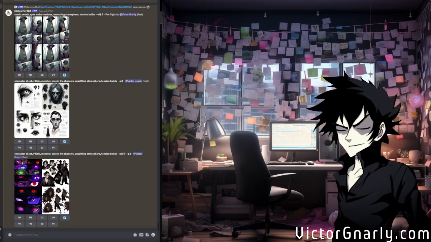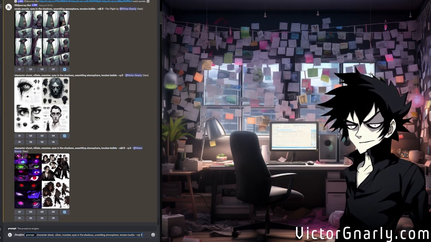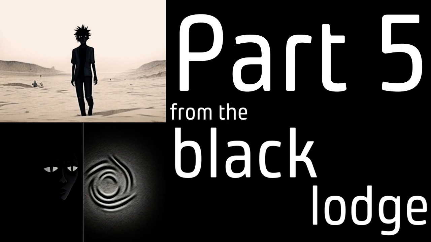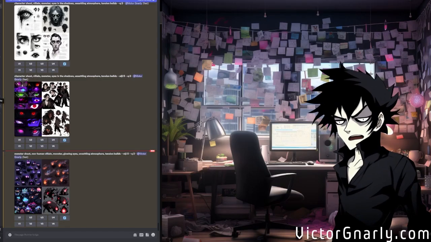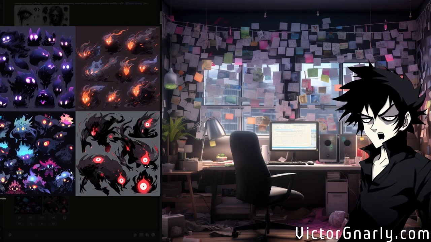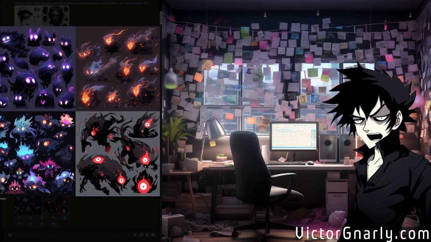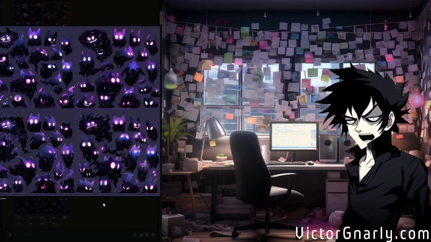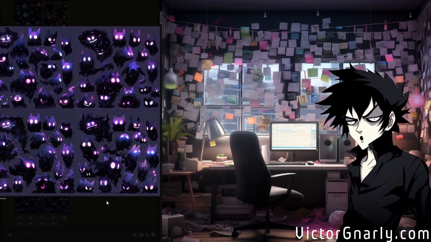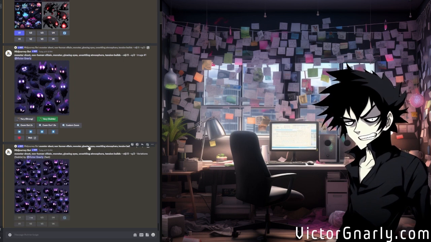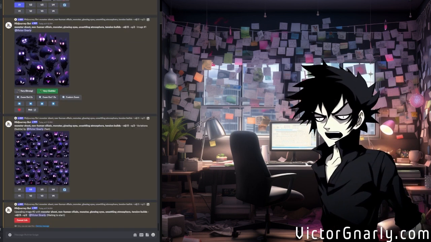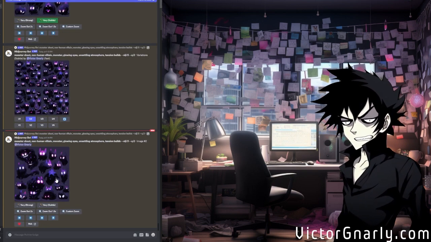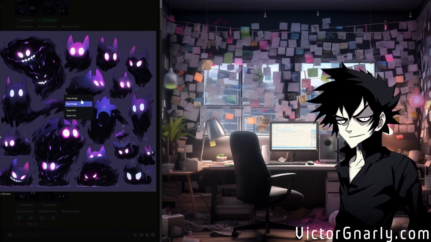I'm going to go back and hit, instead of character sheet, we're going to go with monster sheet, non-human villain. We got our monsters now, so let's go ahead and get our cutesy little monsters here. We could always mix and match these too, but that's a bit nitpicky for what we want to do here. So I'm going to go with the second one. Now we're going to load up the new Photoshop beta, and start messing around with this image to create a really quick character sheet for this.